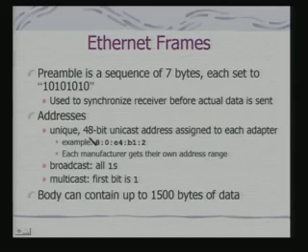The address is a typical 48-bit unicast address. This is an example, and each manufacturer can associate its own address. Now, if it is to be broadcast, then you use a special address. For multicasting also, you need to use a special address. So, once this address is checked, the hosts listening to this data would understand whether it is intended for multiple receivers or for a unique receiver. And the body can contain up to 1500 bytes of data.